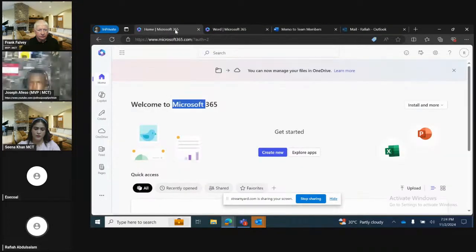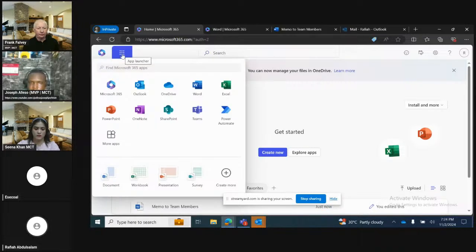So this is my Microsoft 365 homepage. Then we have all of these applications. We have Outlook, OneDrive, Word, Excel, OneNote, PowerPoint, Teams, and SharePoint. So I want you to know that we can use Copilot within all of these applications, basically to increase productivity, right? It enhances and amplifies